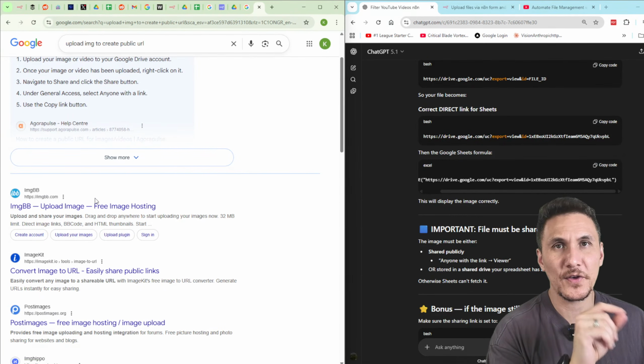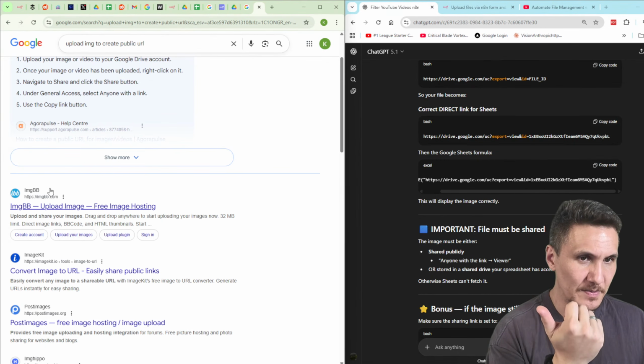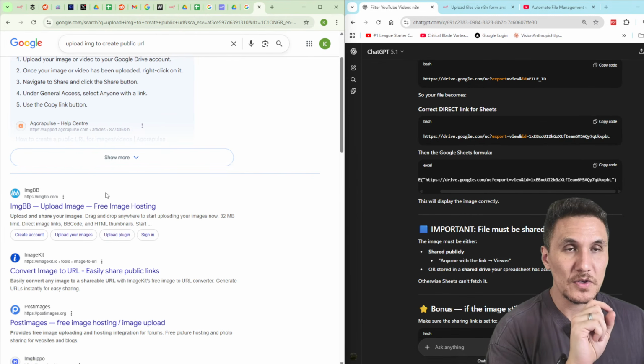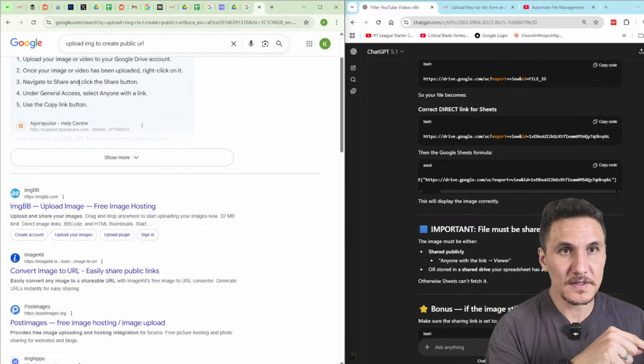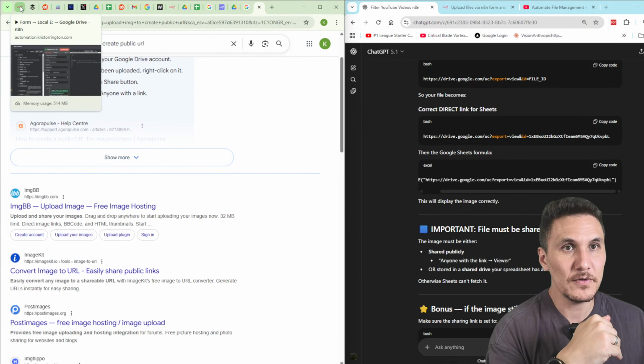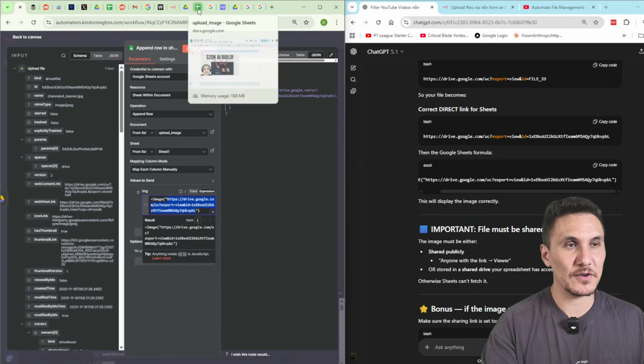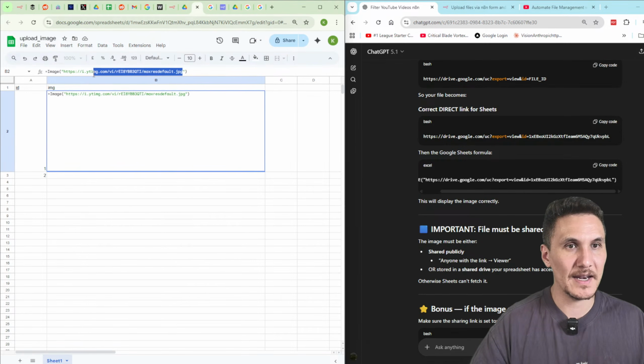You'd have to use a third-party service, maybe like ImageBB or ImageKit. I've never used those before. You upload it to these services. On the response, you'll get returned an actual URL, and we can then reference that URL in our n8n workflow,